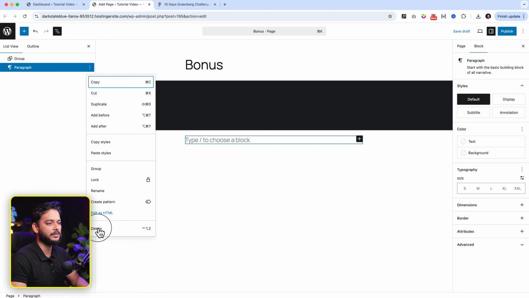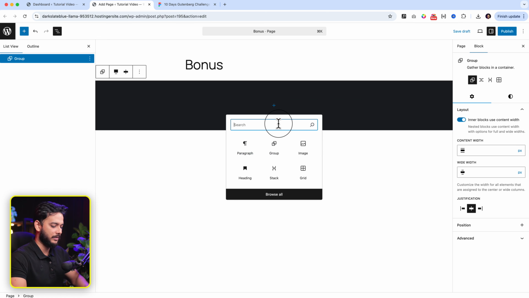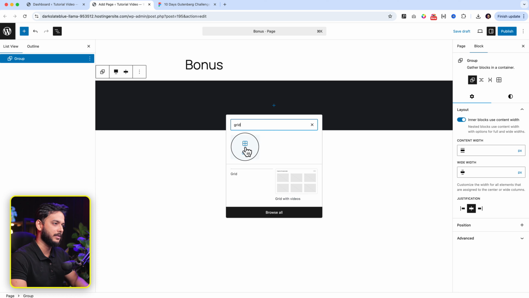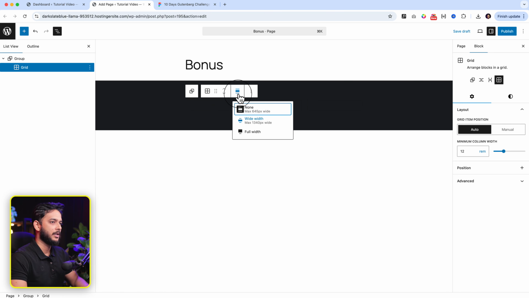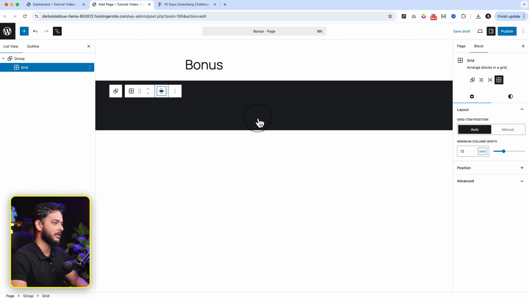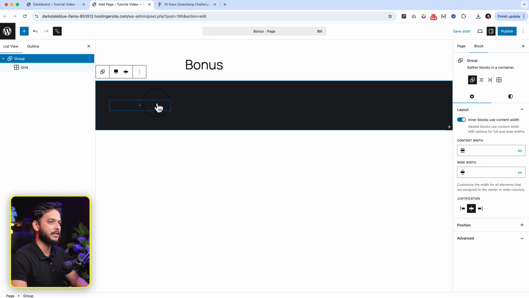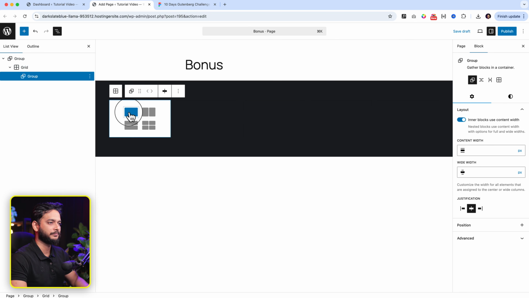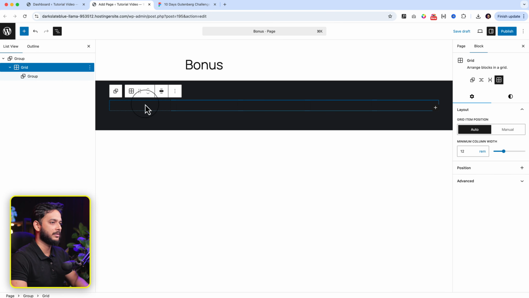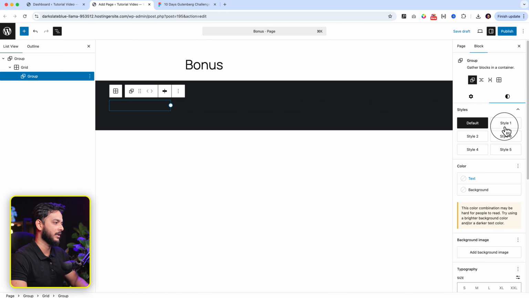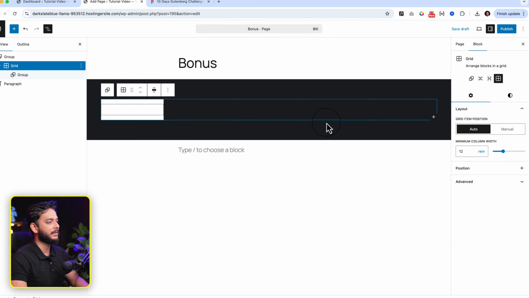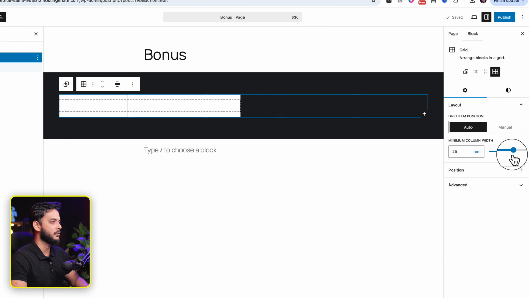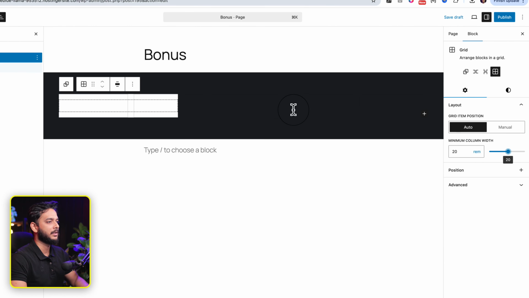and delete this one, take a gradient, and here I'm not going to focus on the design part. I'm only focusing on the gradient part. So what I'm going to do is add a full width. Let's add a grid here, a div or group basically, and inside the group change the background color so that I can understand the width of this group. And now let's make 2 columns, or let's make it 3 columns here. So I just added a 3 column group here,